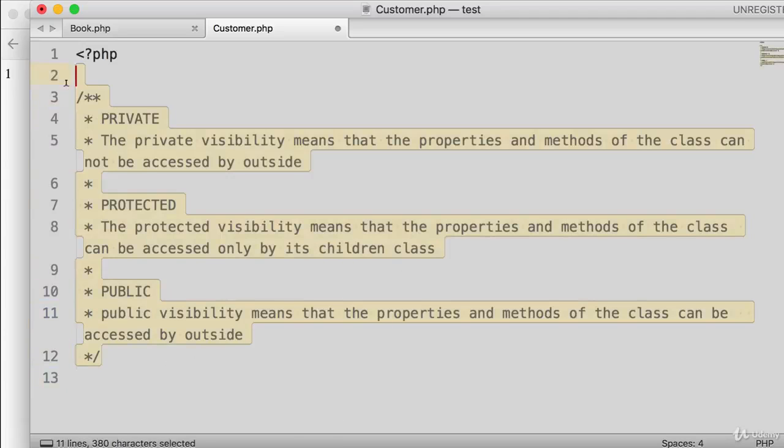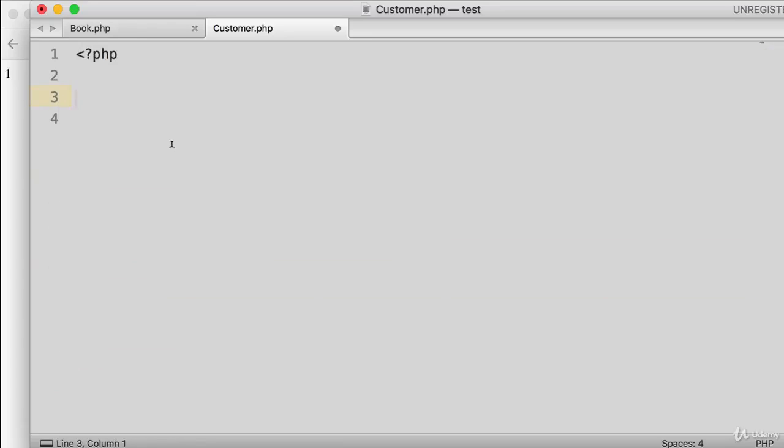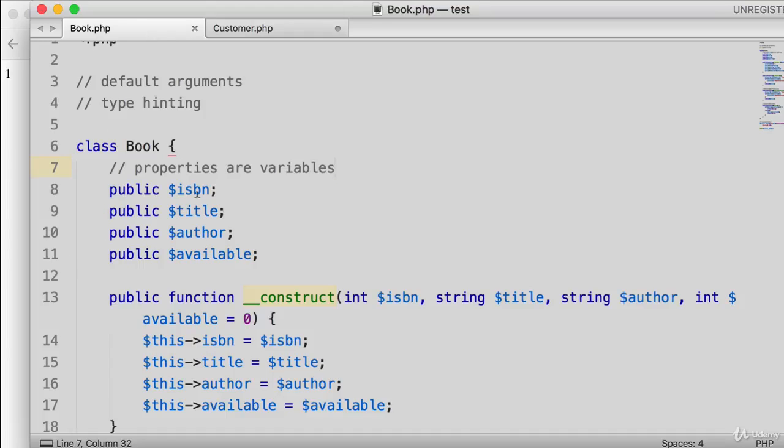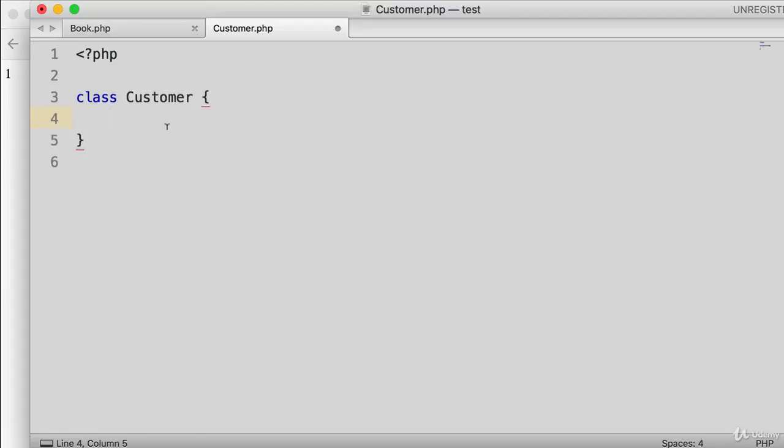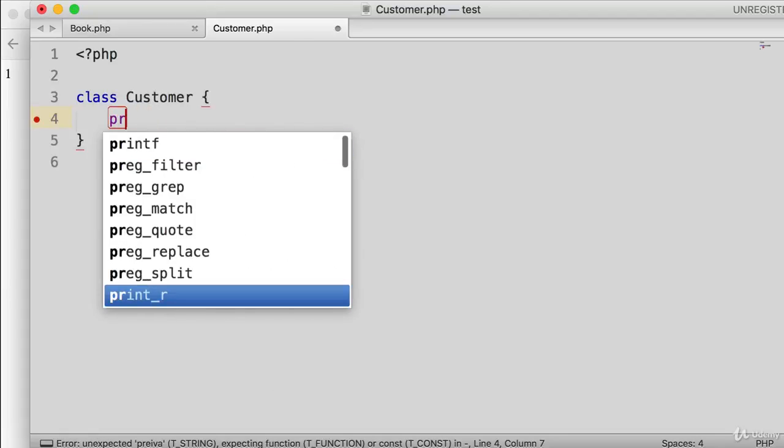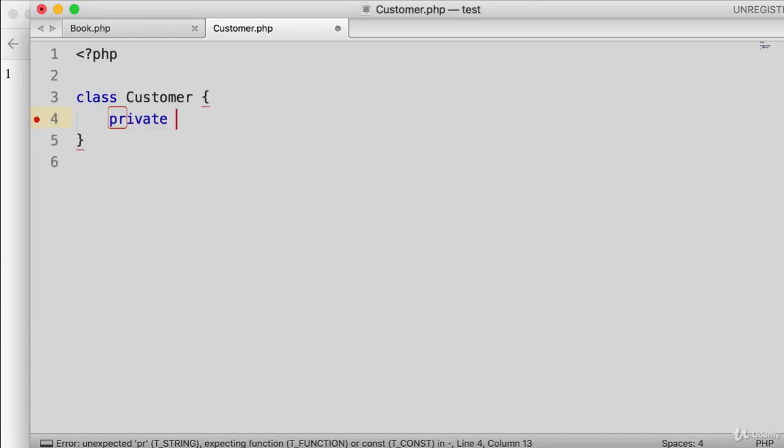So let me comment this out, take this away. Let's create a customer class, beginning with the class keyword, customer. Within these curly braces, we define the properties and methods. Before, we had all these public properties, but this time we're going to try private, because customer details such as ID and name probably make more sense private than public, right? So private ID,